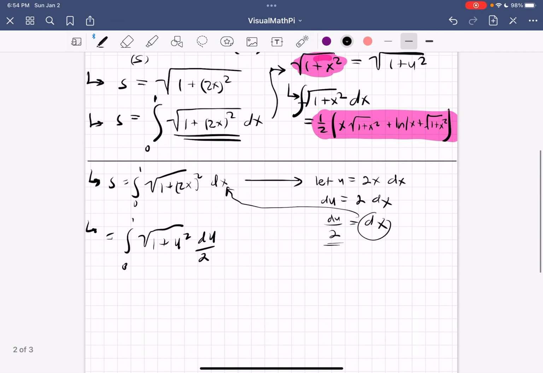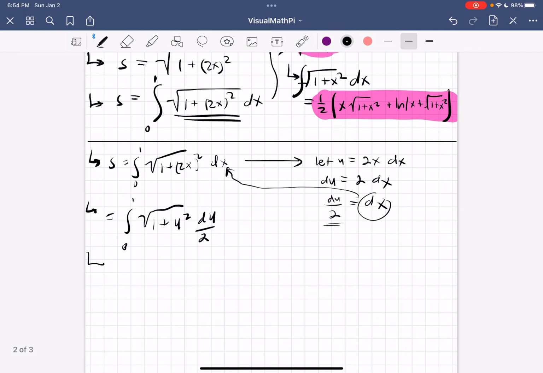And then let's clean this up so it can look a little better. So we know that this is going to look like the integral from 0 to 1 of the square root of 1 plus u squared du. And then we can have that 1/2 over here, because du over 2 is just the same thing as a constant. So we just brought it out to the front. And one last adjustment to this is that it'll be 1/2